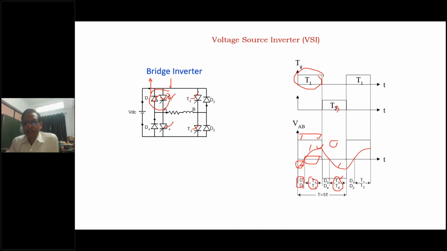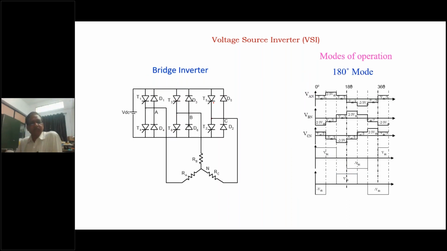But when voltage is positive and current is negative, the diode will conduct. In the same way, when voltage is negative and current is positive, the diodes are conducting. So conduction depends on the polarity of the output voltage and the direction of the output current. Therefore, in an inverter there is always one switch used to control the voltage and current. This may be a GTO, SCR, MOSFET, IGBT, or any switch, and the anti-parallel diode that conducts is known as the feedback diode. So this is the case of single phase.